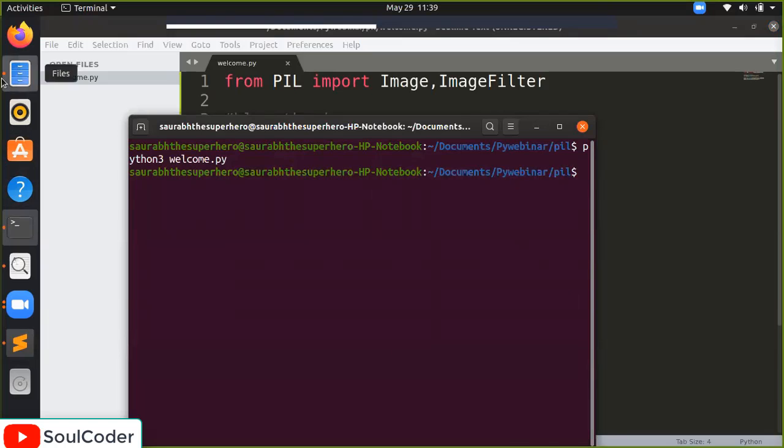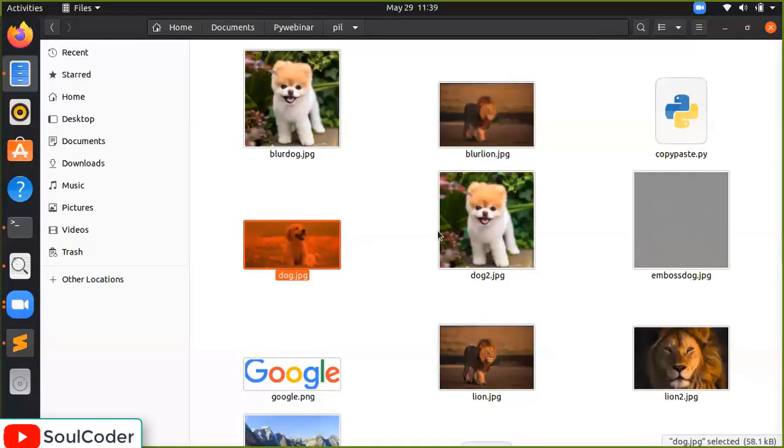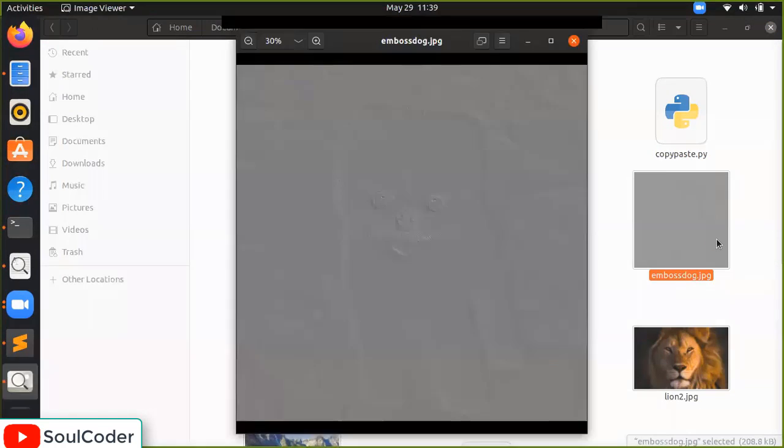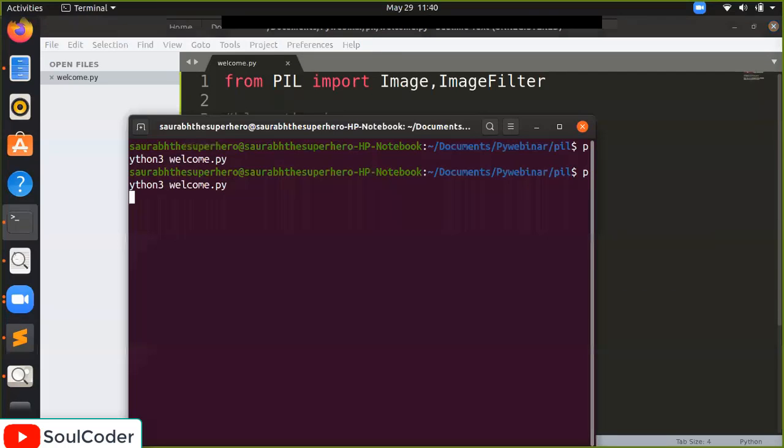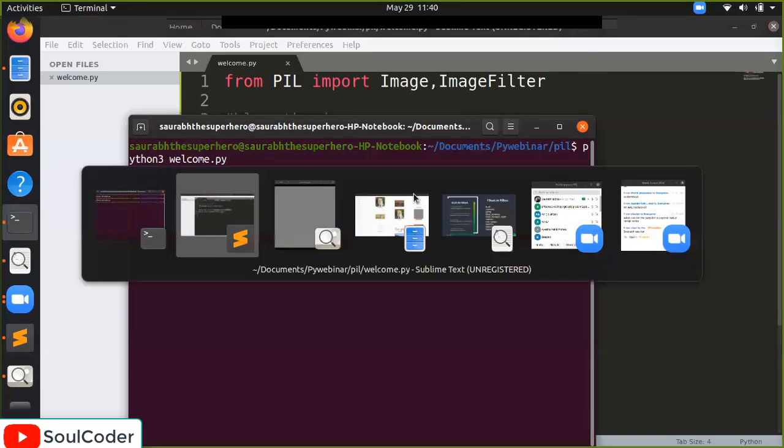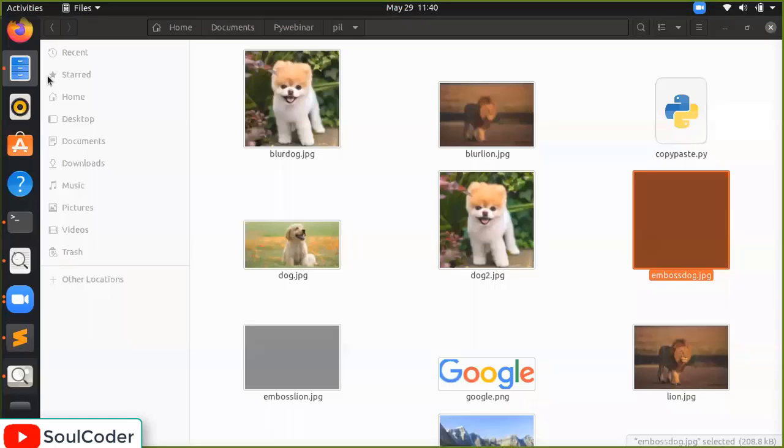There is no error. Okay, where is emboss? Yeah, this is our image. Isn't it nice? Okay, so I will describe what exactly is happening inside this image. I will make it for the lion also. If you are interested in what exactly is happening and the math behind it, you can run it also. Image processing is nice actually, but you should have a little knowledge about matrices.